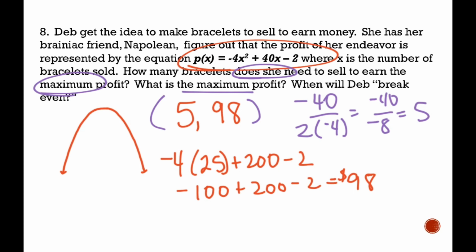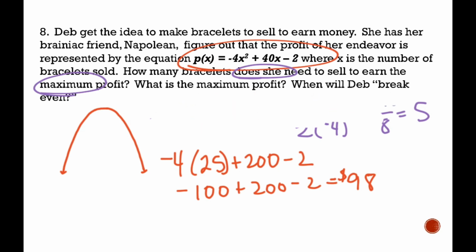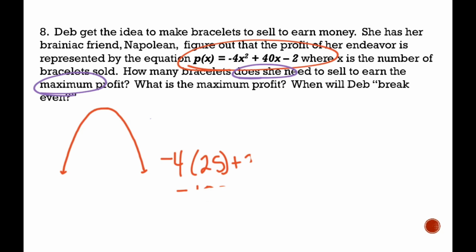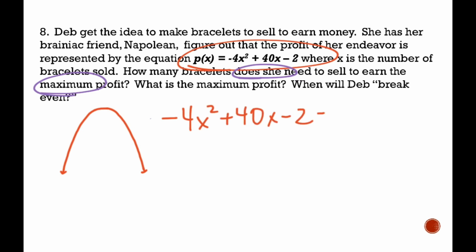The second question is, when will Deb break even? Breaking even means that you make the same amount of money that you spent. And so what we're going to do is set this equal to 0, because that's what breaking even is. And then we can just use the quadratic formula to solve that. And so when we put this in the quadratic formula, this is what we get. And that over 2 is just over the 7s. We're at 2 because I simplified the rest of it. That comes out to be approximately 0.05